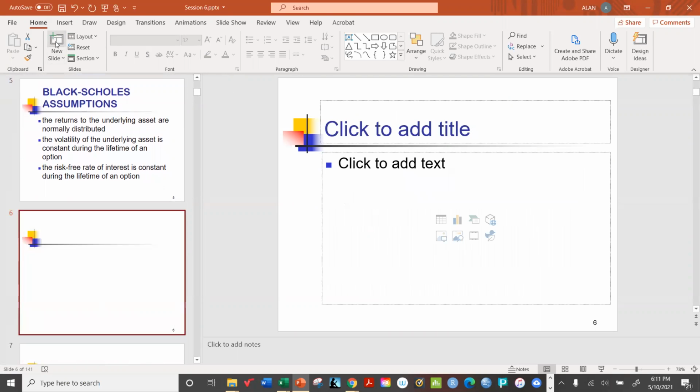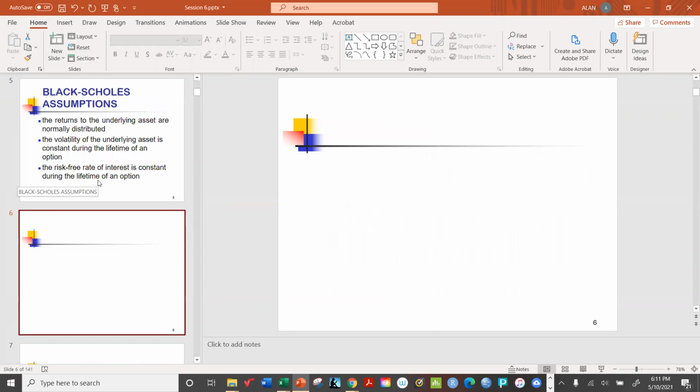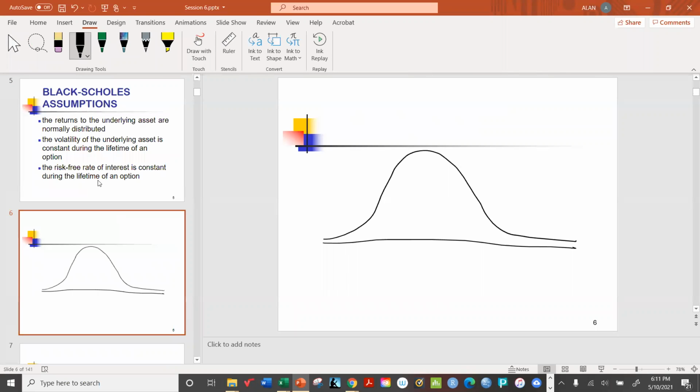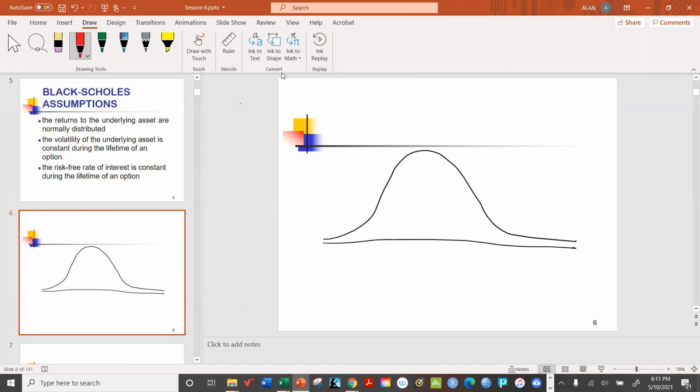So first of all, let's see. I'll use black to represent the normal distribution. All right, that's the normal distribution. Now, the actual distribution, and this is not obviously every single stock in the market or every asset, but in general, empirical research has shown that there's a tendency for two things to be going on here. Number one, there tends to be more area in the tails. Number two,